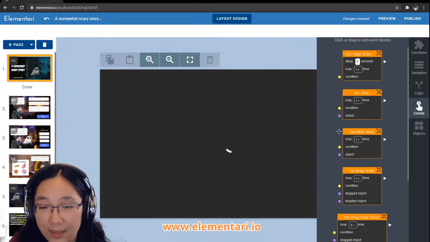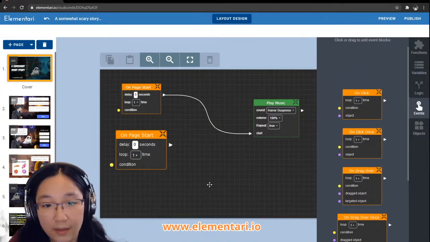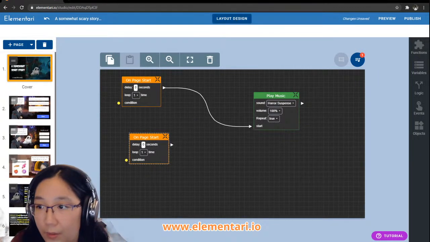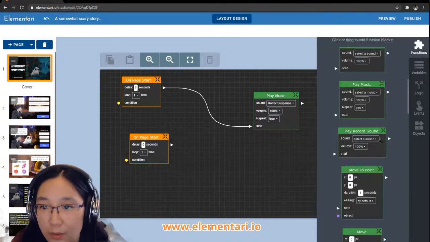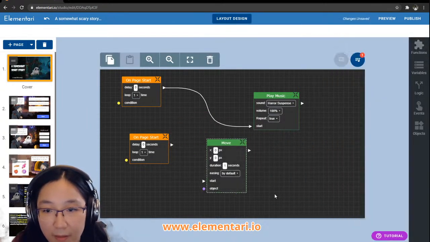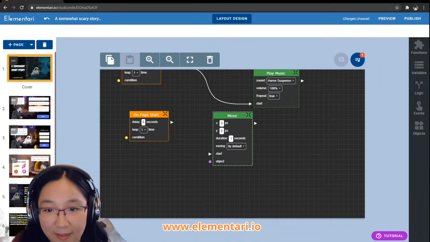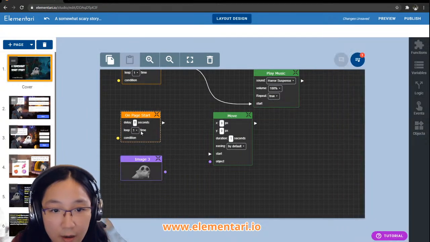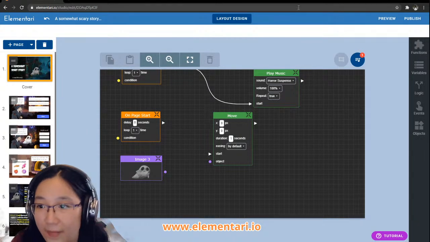Okay, so on page start, do we want to bounce him or make him move, get bigger, get smaller? Okay, so let's make him move across the page. Who wants to help me? Anybody want to help me code?